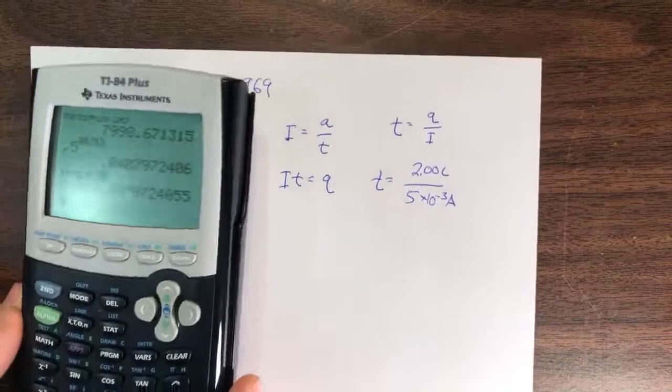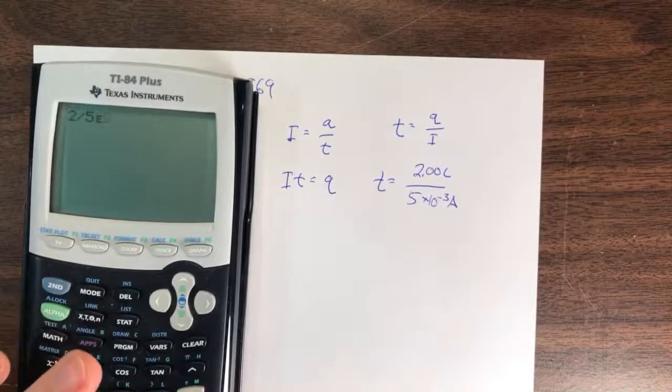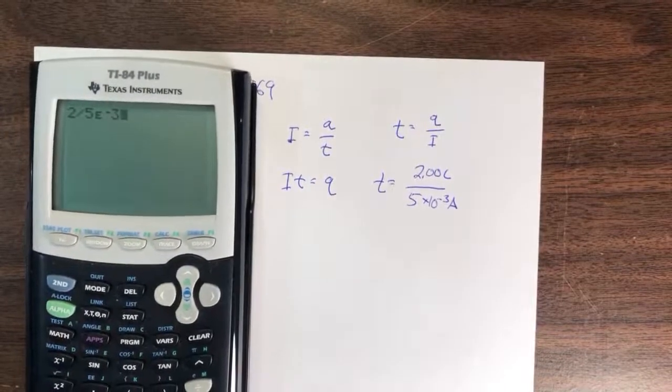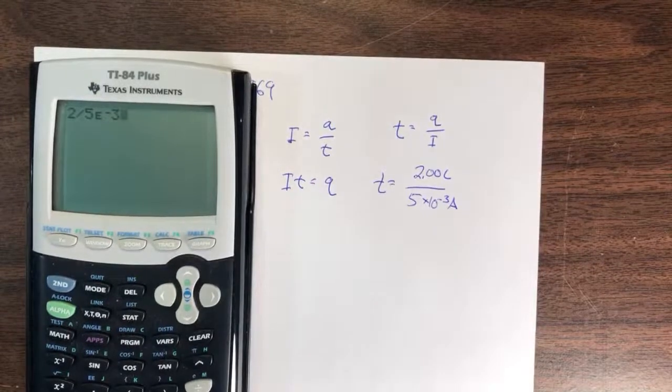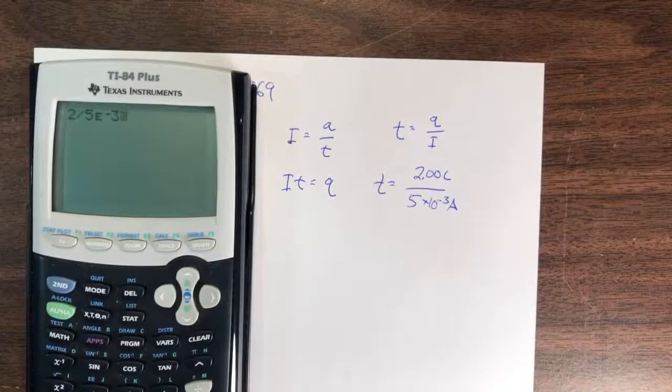So it's going to take some time for this to occur. So that's 2 divided by 5e negative 3. As long as we use the e functionality, we don't need to worry about parentheses. If you do the times 10 to the, you're going to need to worry about parentheses. So 2 divided by 5e negative 3